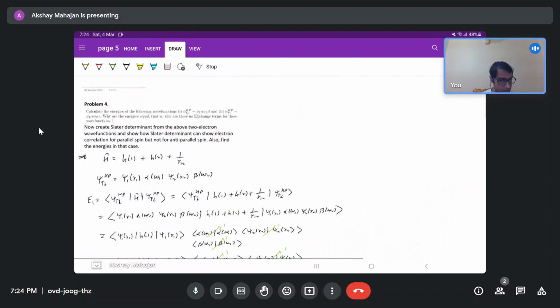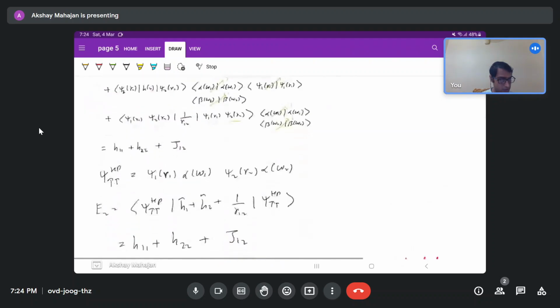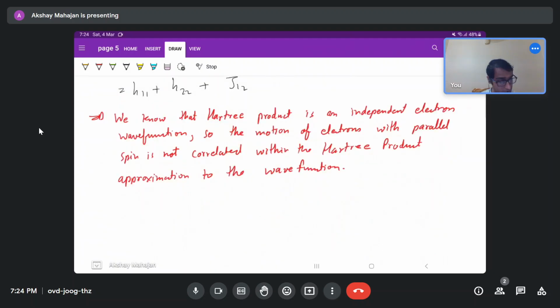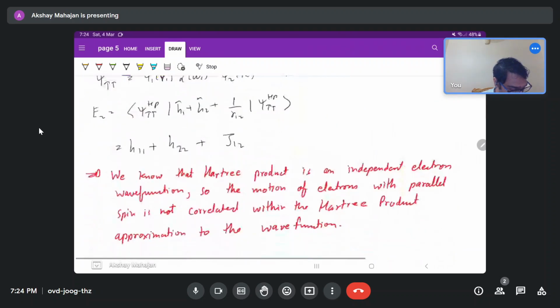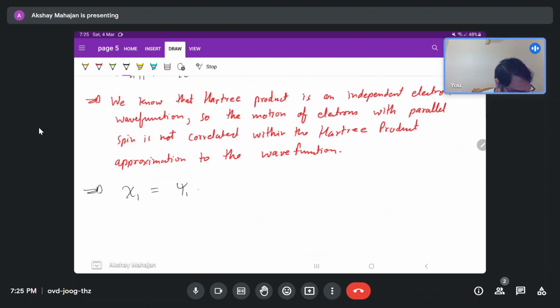And now if we make a Slater determinant instead of this, how will we make the Slater determinant? Let us make it. So basically we have this kind of wave function, and I will write the spin orbitals. Let's say chi1 is equal to psi1(r1) alpha(omega1), and chi2 will be equal to